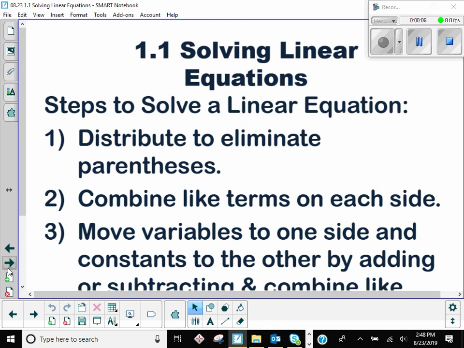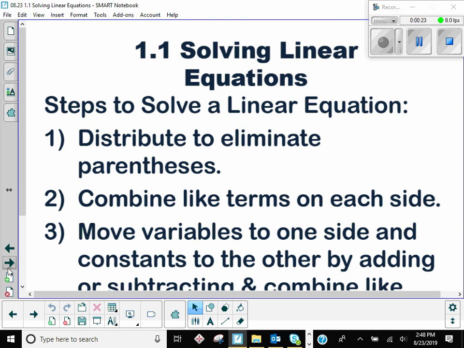Here are some steps for solving linear equations. Now, it's kind of arbitrary to just say it's always step 1, always step 2, always step 3, because you might do things in different orders. But just to be consistent with your notes and the textbook that we wrote this lesson from,